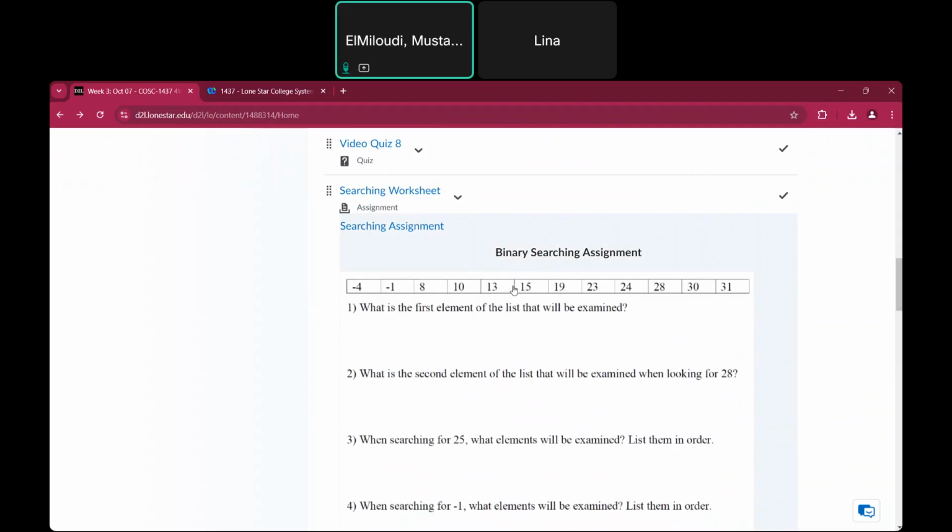So now I have only the numbers from -4 to 13. The middle number is 0. That's the index of -4. What is the index of 13? 1, 2, 3, 4. So 4 plus 0, 4 divided by 2 is 2. That's where 8 is. So the second number will be 8, because it's in the middle. Now -1 is less than 8. That means I have only two numbers left, 0 and 1. So if I add them up, 0 plus 1 divided by 2, that's going to give me 0, which means